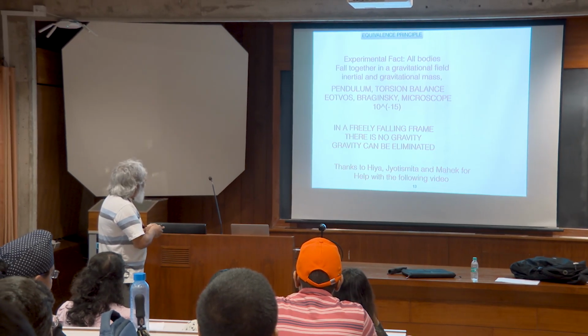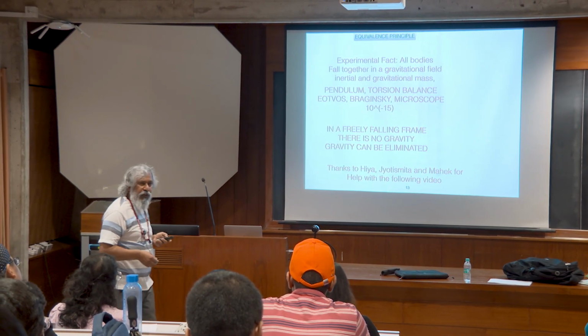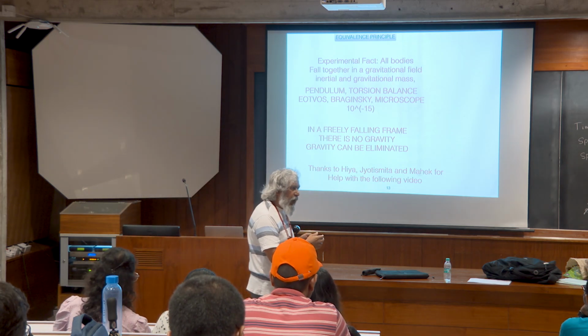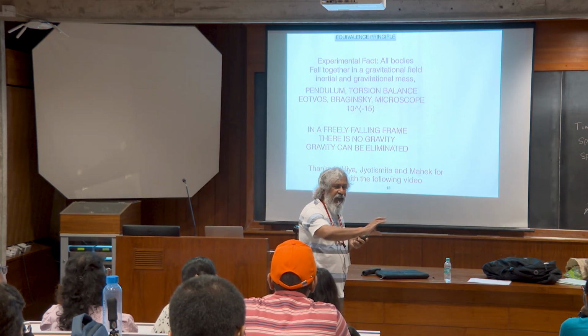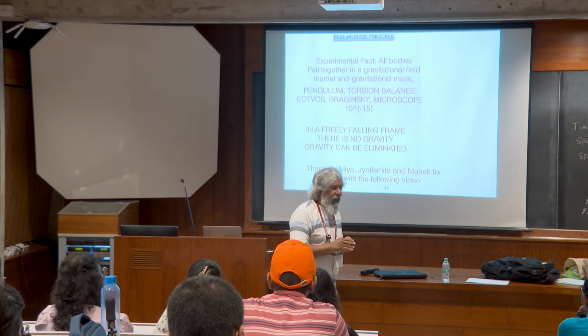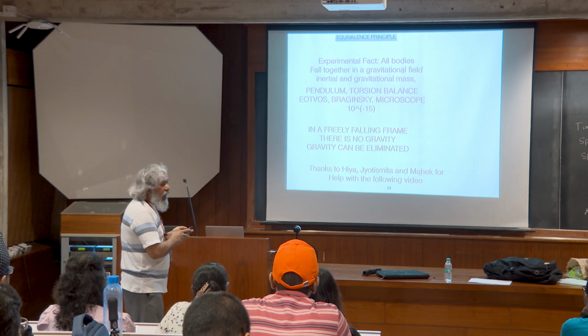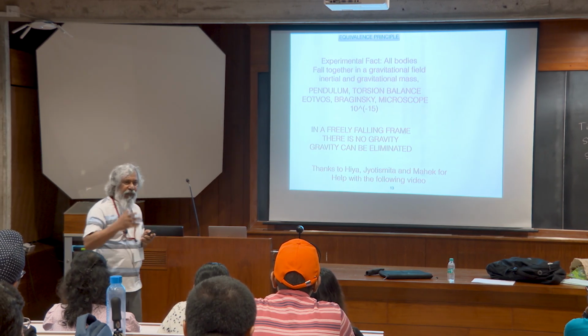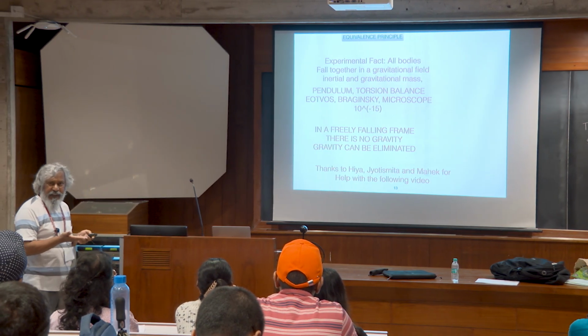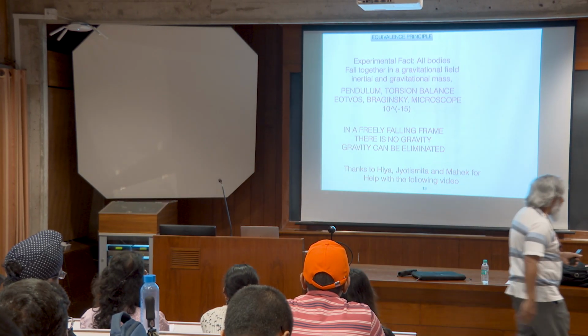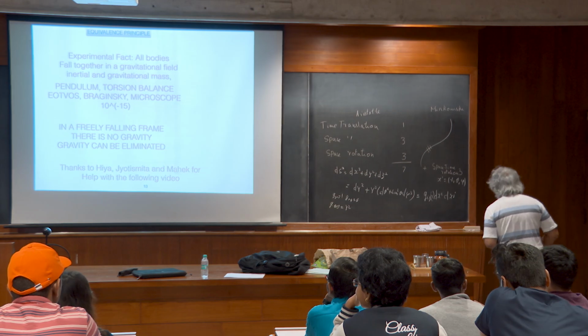Okay, there's the idea that mass has two different roles to play. Mass has an inertial role, the resistance to motion. That is, if it's in a certain state of motion, it will stay in that state. The other is that it responds to a gravitational field. And these two are different notions, but they happen to be the same in nature. So, to give you an example, suppose I take the planet Mercury.